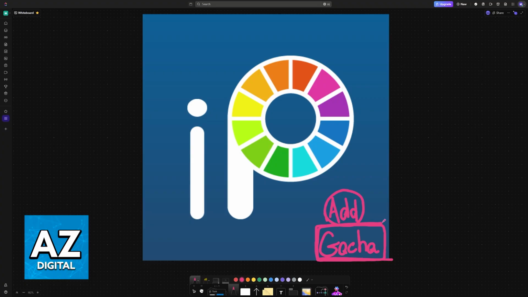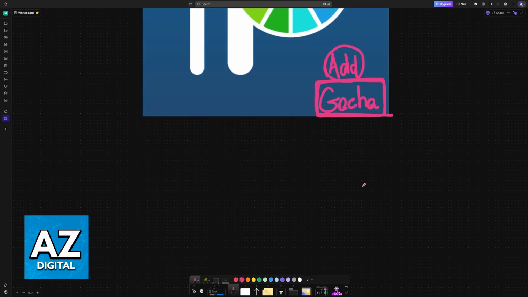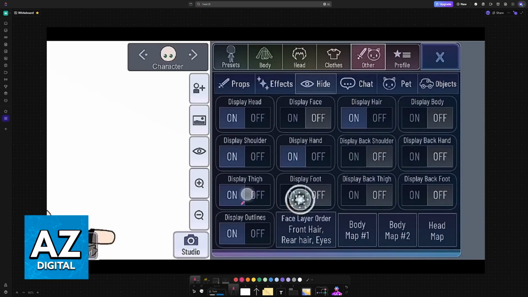To do this, you can download specific templates or pictures online of models of gacha characters, or you can take screenshots of your own. If you prefer, you can also hide specific parts. So for example, if you only want a picture of the head, of the face, of the hair, and so on, you can individually take screenshots inside of the game, or you can just display all of them and take a screenshot of your character with all of the body parts being displayed.